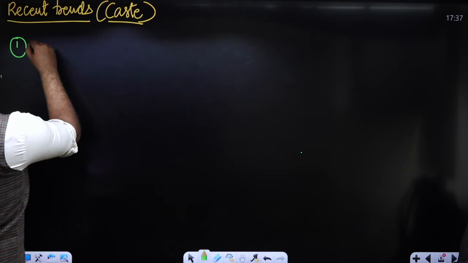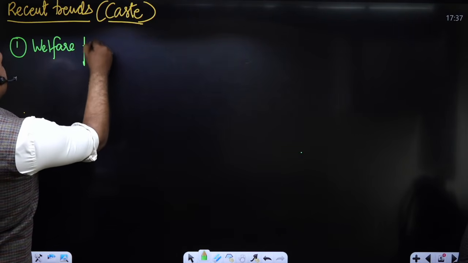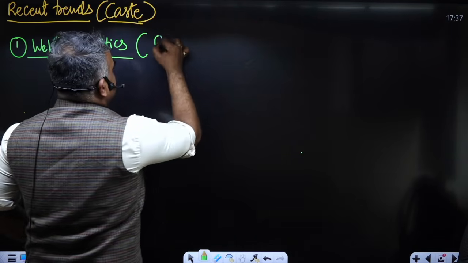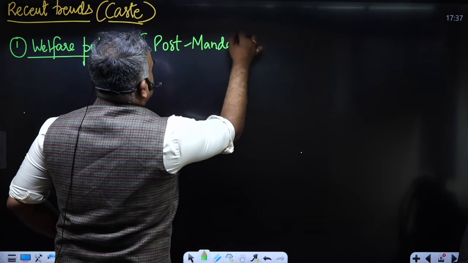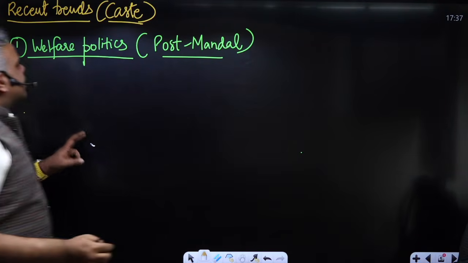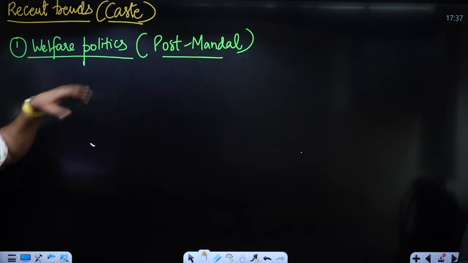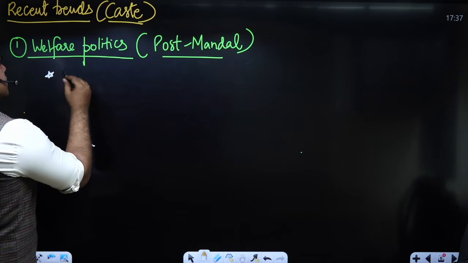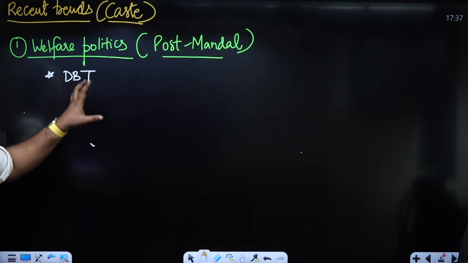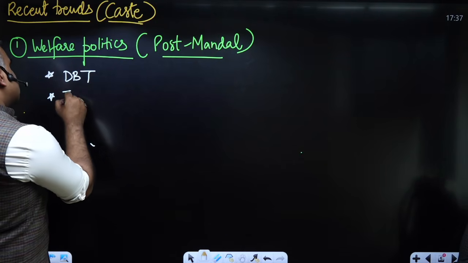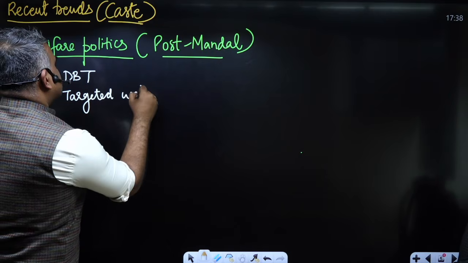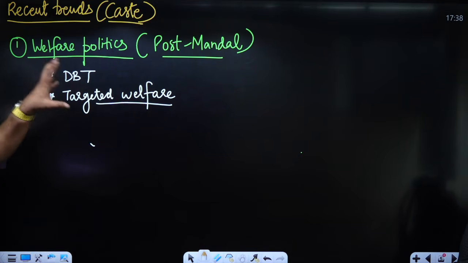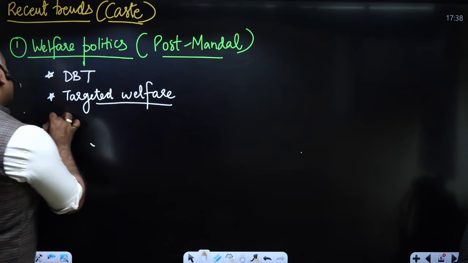Okay, so one thing we will look at is what has happened to welfare politics, and mainly what is welfare politics in the post-Mandal world. Are there any changes? So one has to also understand this, okay, and what are we looking at? Okay, so here we are looking into terms. Of course we have seen direct benefit transfers, okay, that has been common here. And the moment you have direct benefit transfers, I can say we have now more targeted welfare. Direct benefit transfer helps us to prevent the leakages. That's a good step, right? Second thing, the welfare is very target-oriented, okay. And in this you have seen the labharthis,